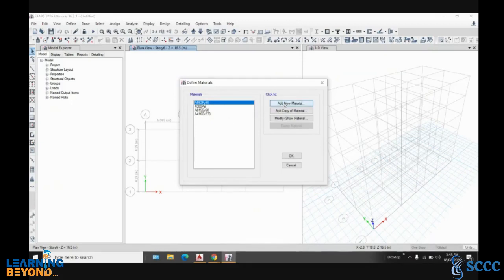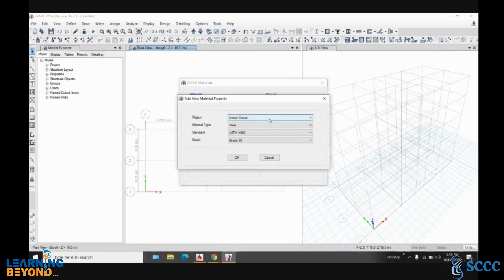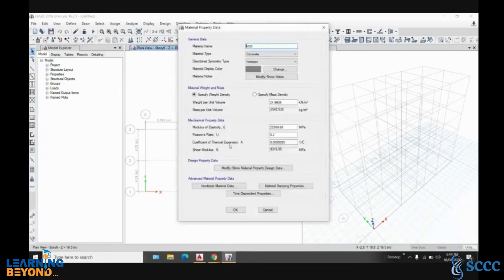We'll click on add new material. Then we'll select India as the region. Then for material type, we'll click on concrete, because we are creating a model in concrete. Then the standard will be Indian, and the grade, let's say we'll use M20, and click on OK.